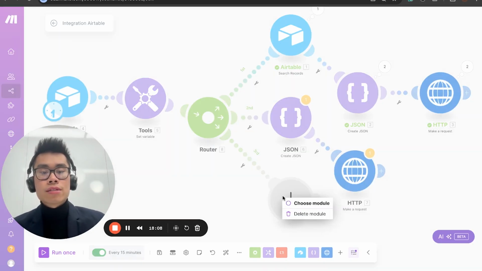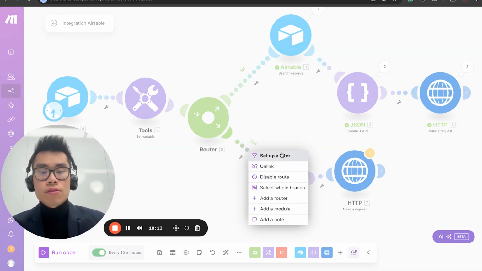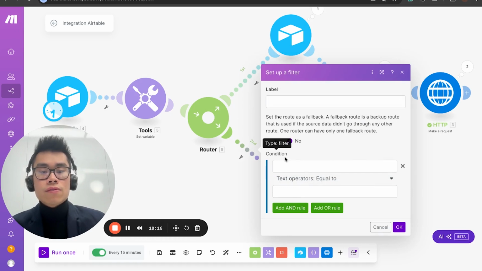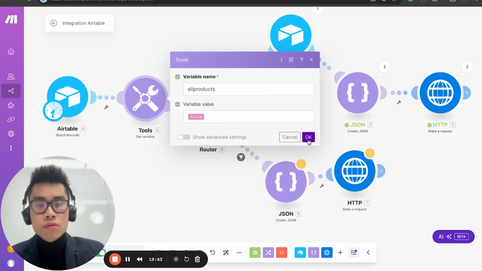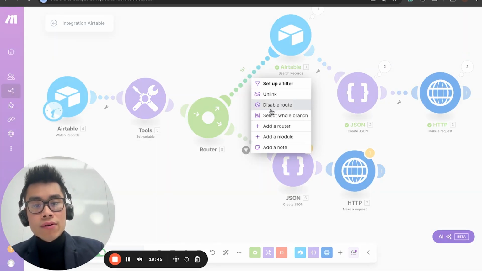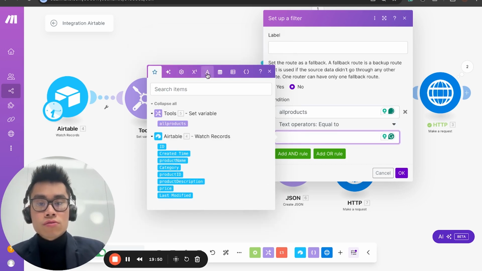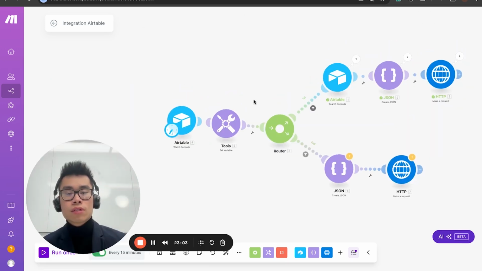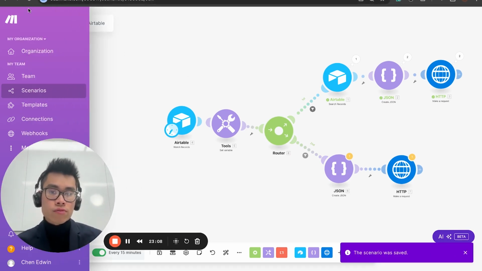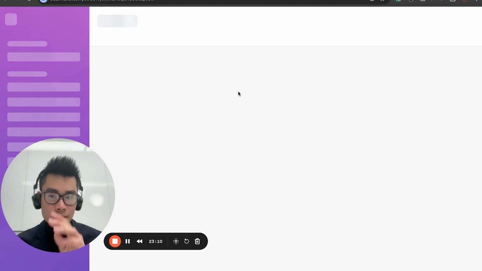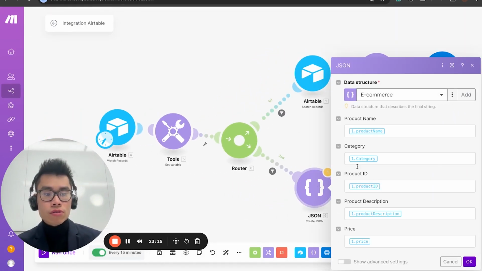So we have two conditions. So if we set up the filter, condition, then we go through here. And for here, we just basically set up if all products equals true. Actually, let me just refresh it. Let me just save this and refresh this simply because the variable name is not showing. Now, if we just go back to,